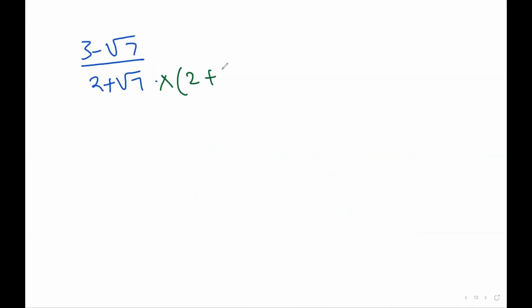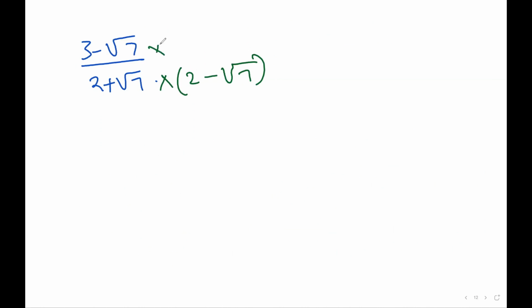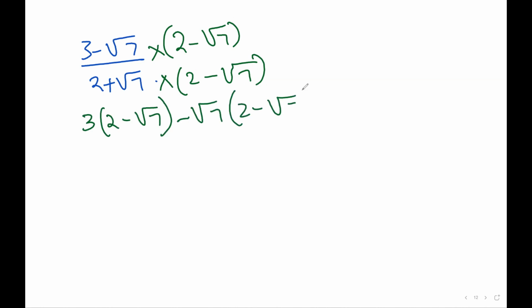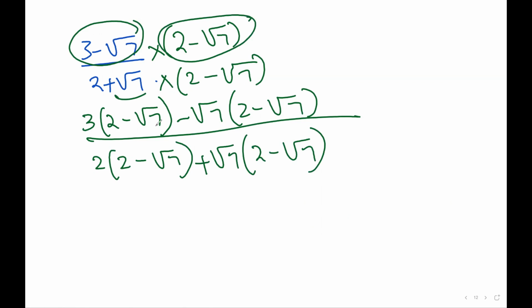Multiplied with 2 plus root 7, not plus root 7, sign will change. You will take the reverse sign. See, here also we have taken the reverse sign. This is minus, we have taken plus. Correct? So be very careful about that also. Here multiplied by 2 minus root 7. Careful about the things. 3 will be multiplied with 2 minus root 7. Plus root 7 will be multiplied with 2 minus root 7, right? You are multiplying this bracket with this bracket. So 3 is multiplied, understood?